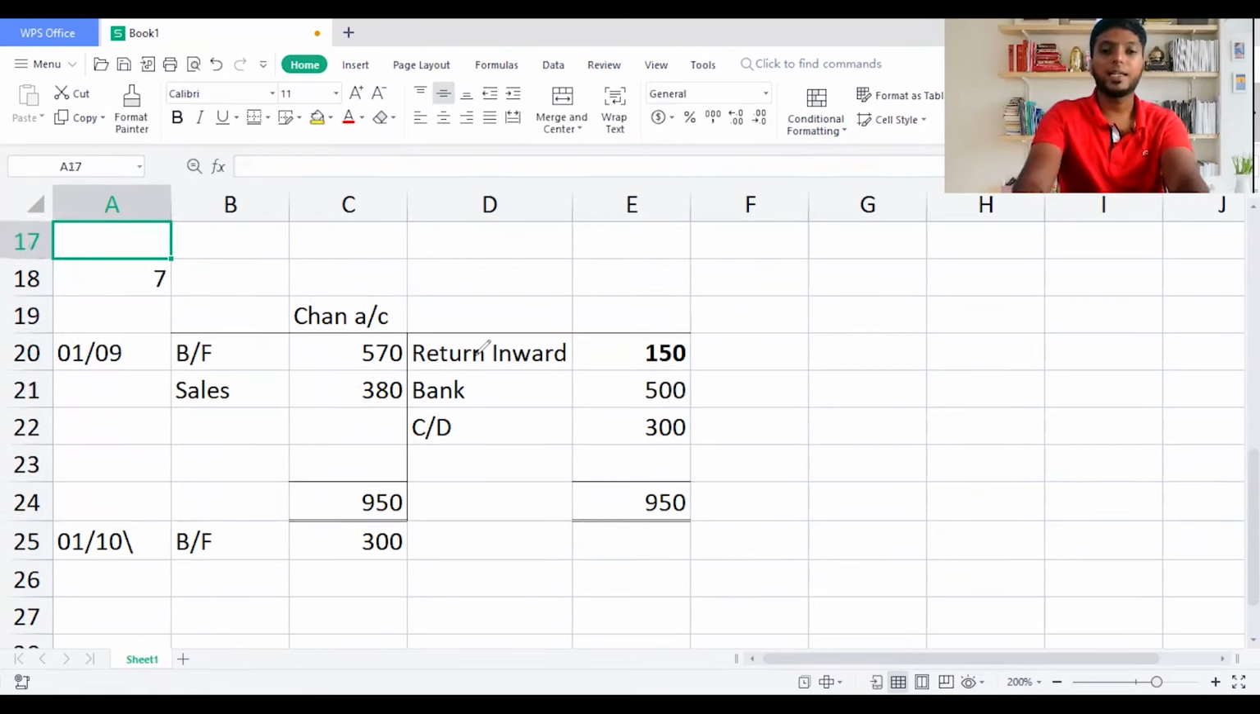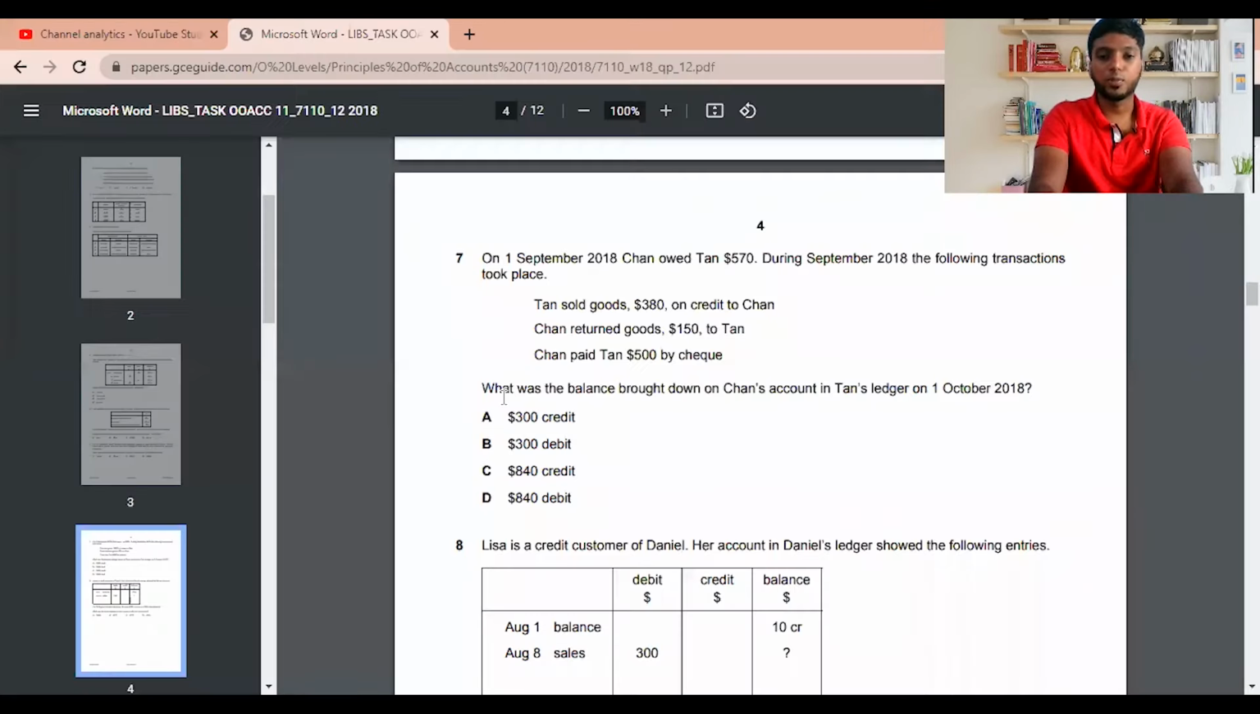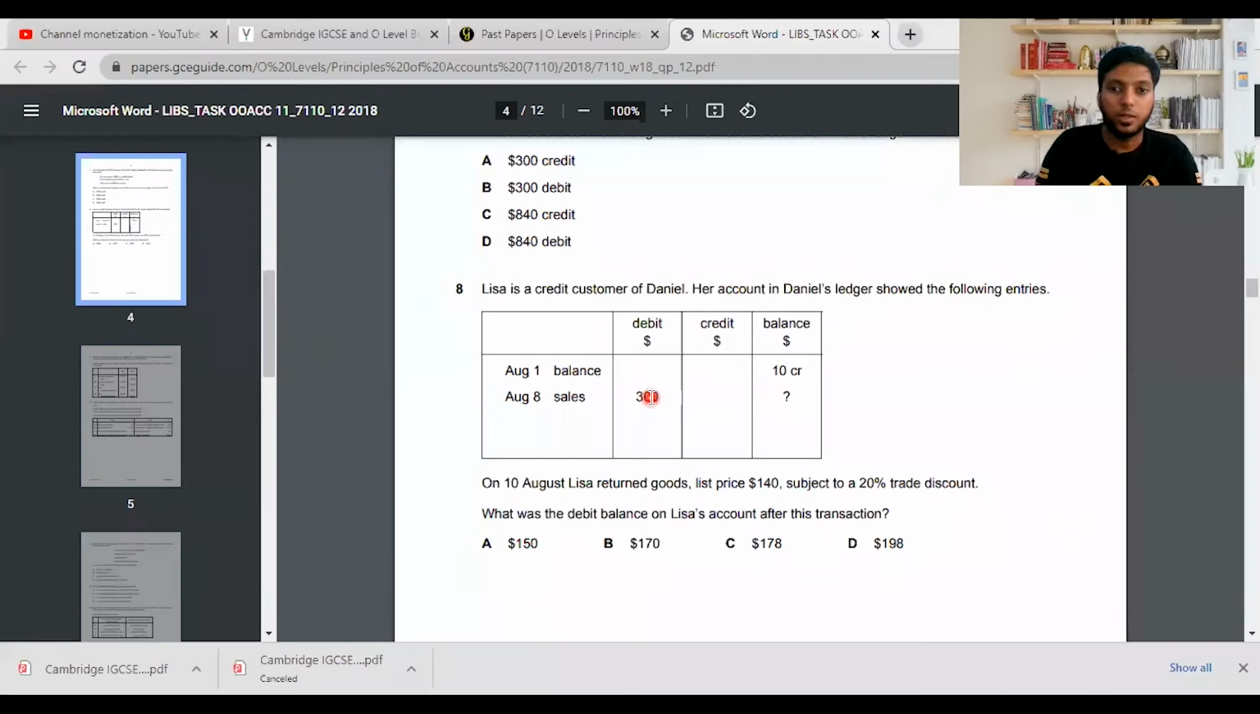Okay, so that's easy to understand the value. So we have done the 7th one, and the answer is going to be 300 debit. Start doing the 8th sum. Lisa is a credit customer of Daniel. Her account in Daniel's ledger